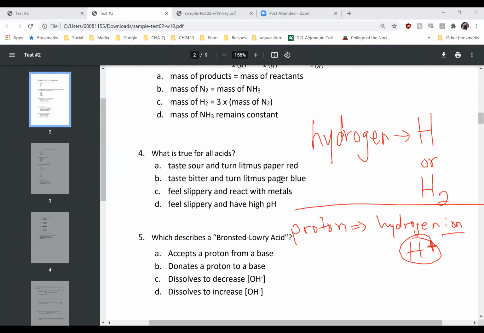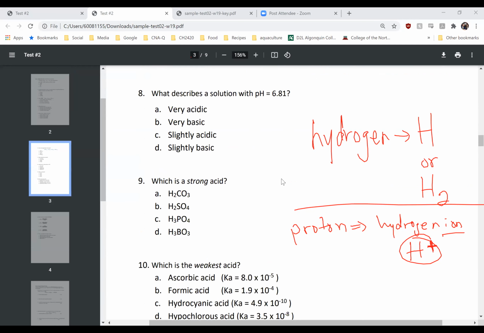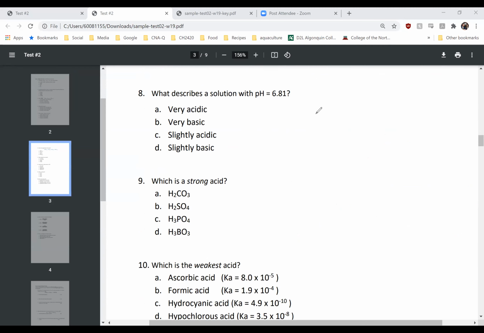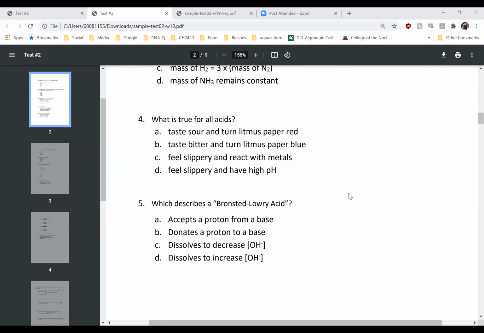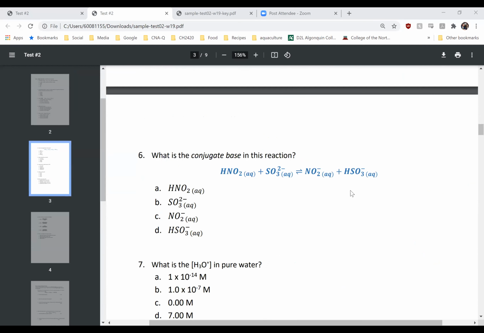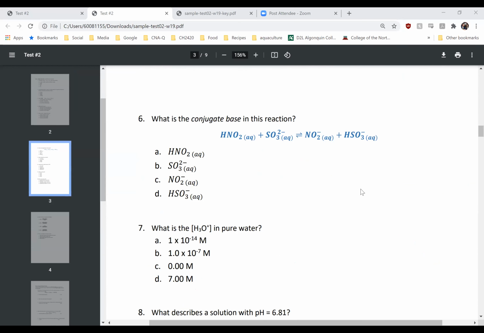And then questions 4, 5, 6, 7, 8, 9, these are all really good, simple, multiple choice type questions. So you'll see when I go through these how much easier they are. I know, for example, a lot of you just had no problem with question 4 and 5. Okay, question 6. The only reason you might not know question 6 is if you didn't remember what the conjugate